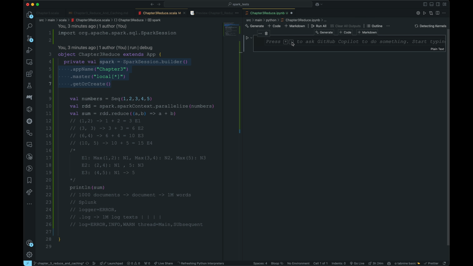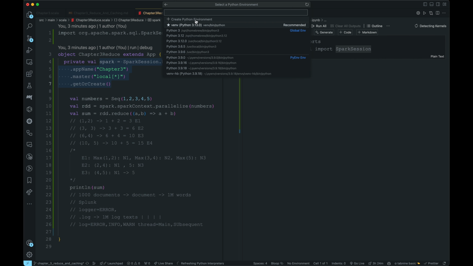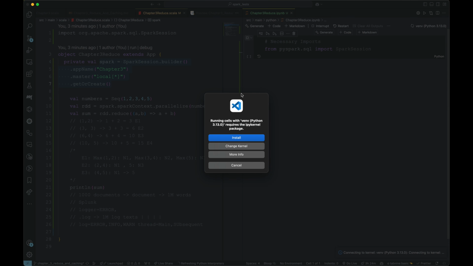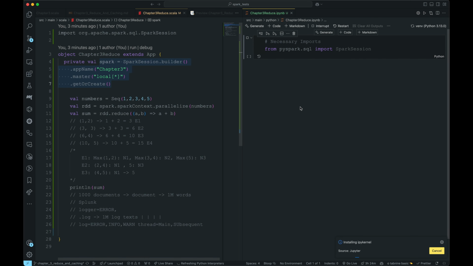So, wait, is this markdown or what? Let me add the necessary imports: from pyspark.sql import SparkSession. It is detecting kernel Python environments. Okay, let me run this one. Let this install. Meanwhile, we will go